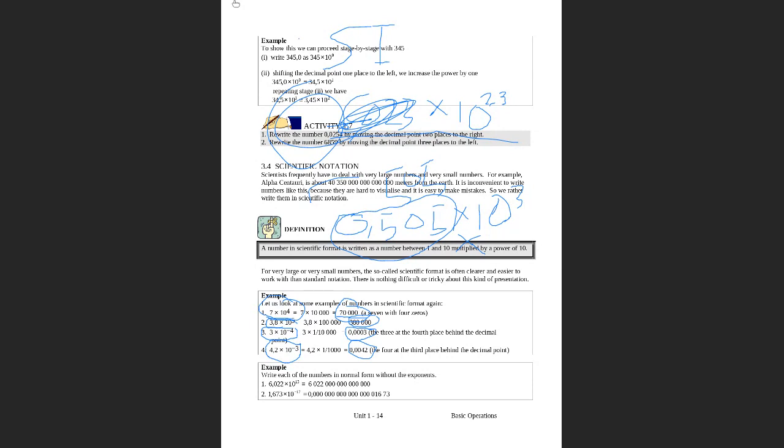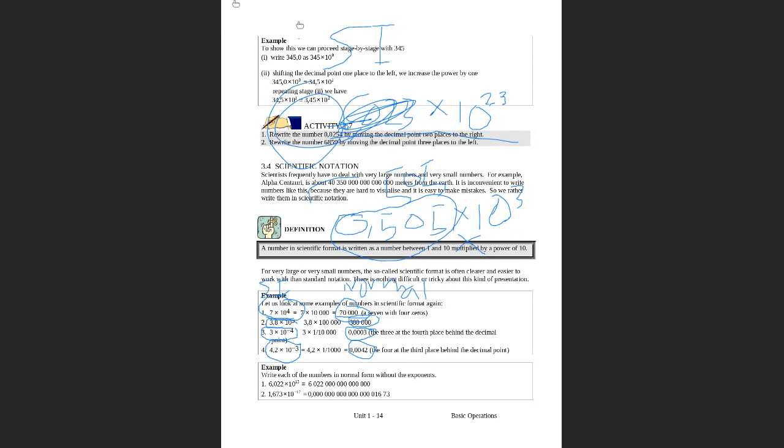Can we see that? So that's the difference between a scientific notation and a normal number. They are the same thing, but they can be written in two different ways. Please, any questions? Okay, good. So if there are no questions, let's go on.